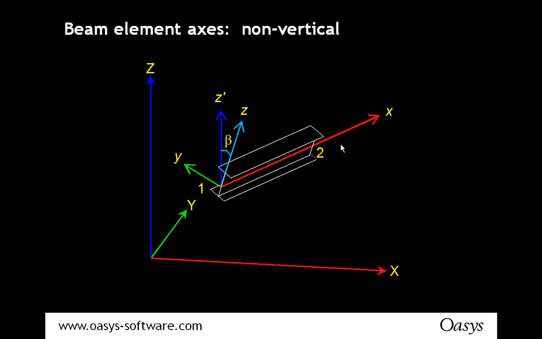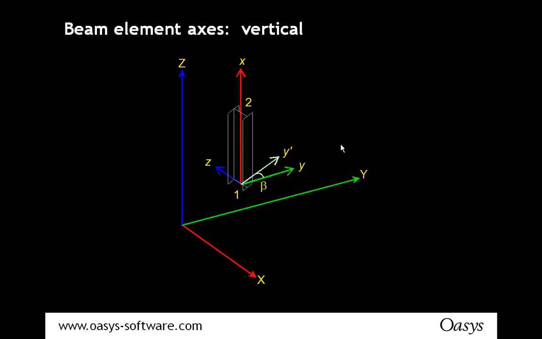So, beam elements. Apart from the global axis, they also have their own individual axes: X being along the beam, Z being perpendicular to the X, which is as vertical as possible, and then Y being the remaining perpendicular direction to that. Now, because the Z wants to be as vertical as possible, once you do have a column, so a beam which is vertical,